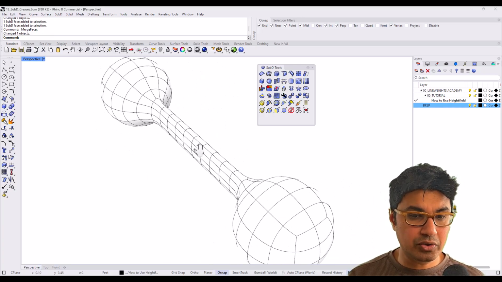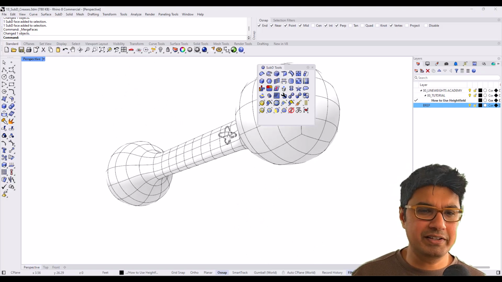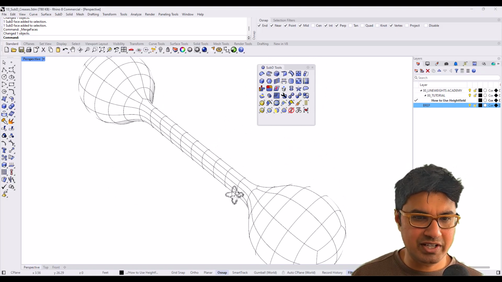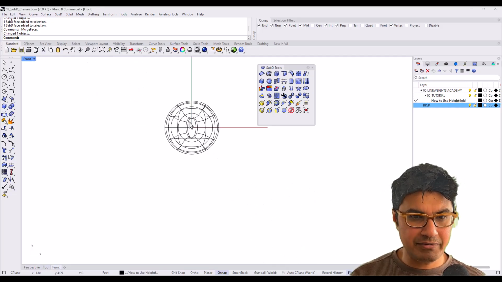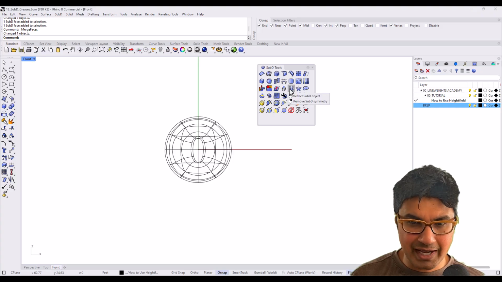And there we go. So now I've done this. I don't want to repeat this on the other side, right? Like that's just going to take more time. So what I'll do instead is use the reflect command. So if I go into, say, my front view over here and I use reflect, which is right here,